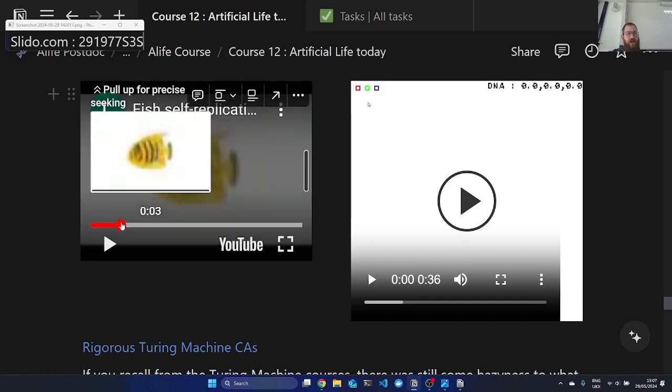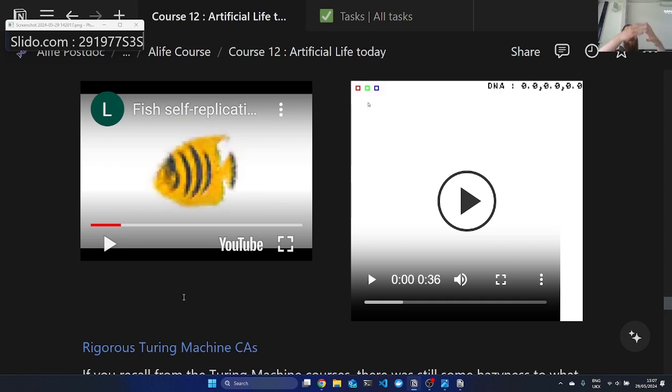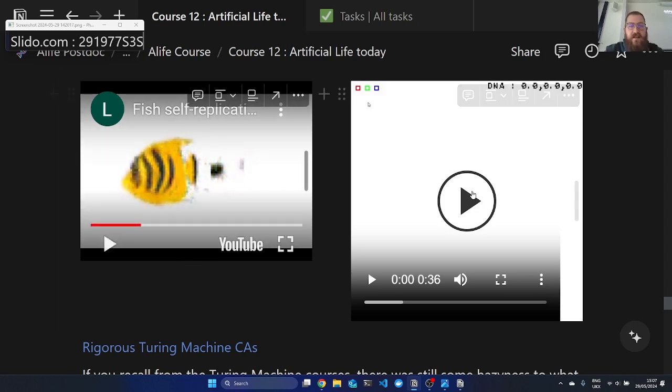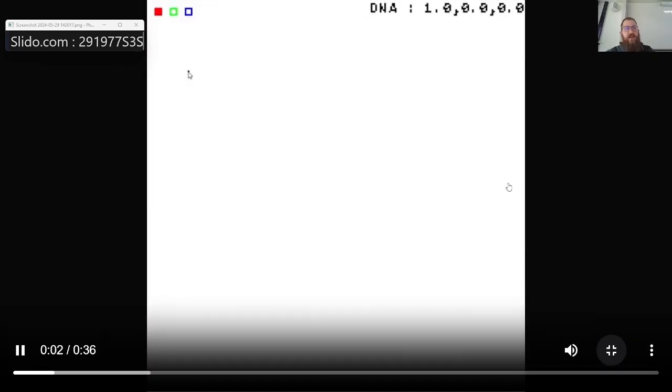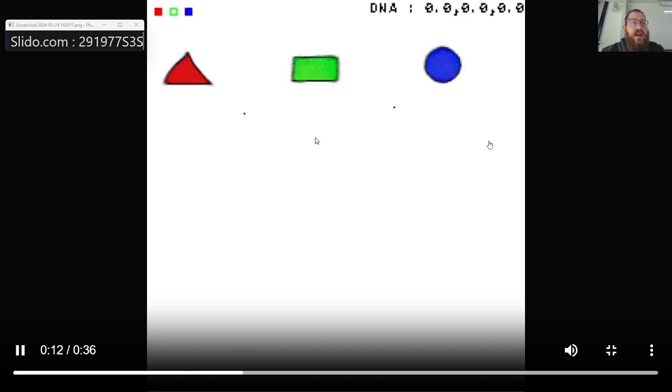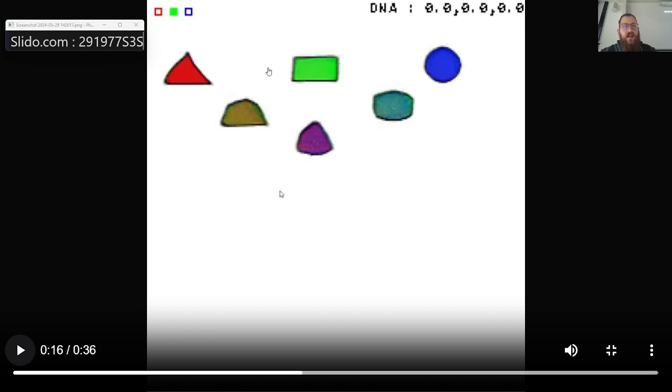I won't be able to get it great, but you see that during this part, because the egg is not perfect each time, you get some gradual mutation of the shape of the fish. But I wanted to try something of this kind along with this DNA idea that I told you, where you can actually add some DNA channels into the creatures. And then if you get creatures with mixed DNAs, they actually get a mix of the properties of the parents, right? So this is the child of this and this. You can see it's kind of a triangle, but also a rectangle, and it's in between red and green.